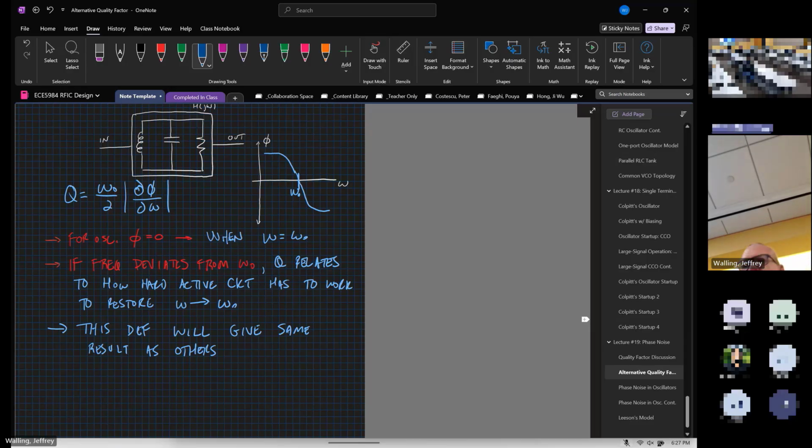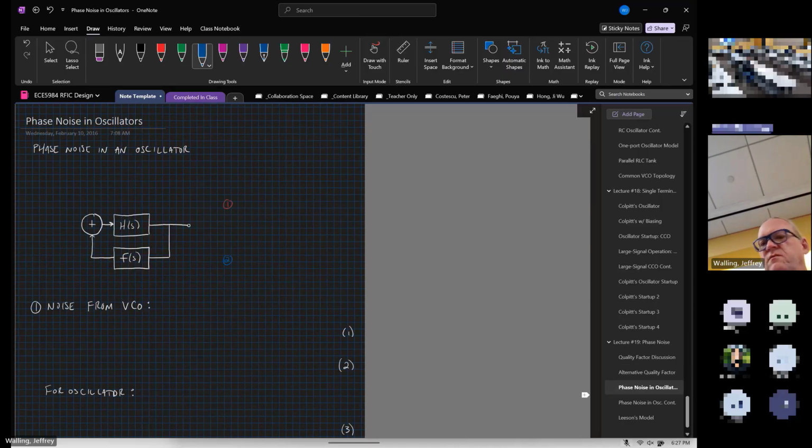All right, so let's look at how this all relates to phase noise. So let's go back to our two-port model of an oscillator. And we're going to use a two-port model because we want a place to inject noise into the circuit from an external mechanism like a control voltage, but also maybe internal mechanisms like device noise, thermal noise from parasitic resistance, and so on. So here we have